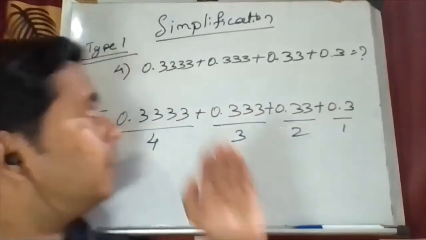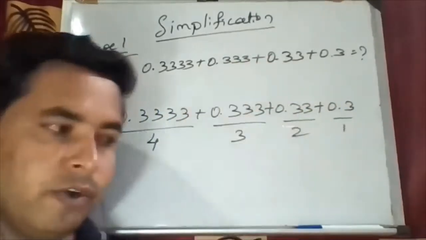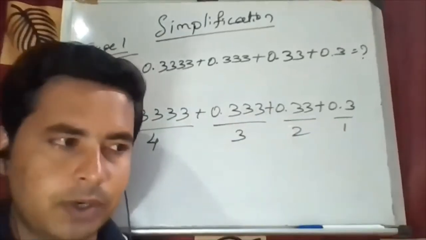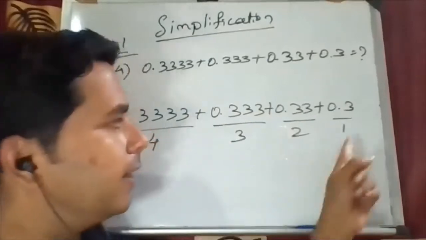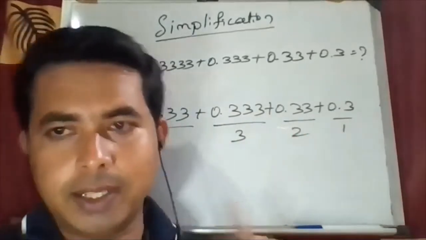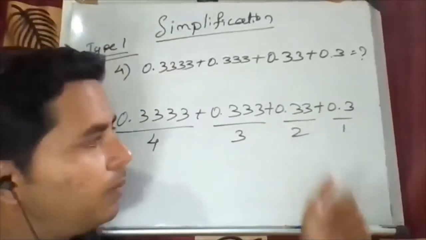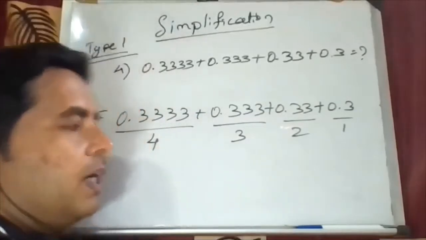In the previous one you were going from left to right, from highest to lowest, but now you have to come from lowest to highest, which means from right to left side. Okay, here what to do? You have to start with the smaller value. Previously we moved from bigger value to smaller, now lowest to highest you have to come. What you have to do is just multiply.